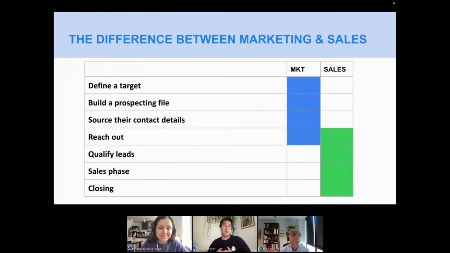Then on sales, we merge in the sense that we reach out and prospect or make your sales more outbound, not only relying on inbound sales or inbound prospecting or inbound leads, but also doing outbound prospecting. Even when you're doing outbound sales, you don't want to come off too strong and just try to pitch straight away, as I mentioned before.